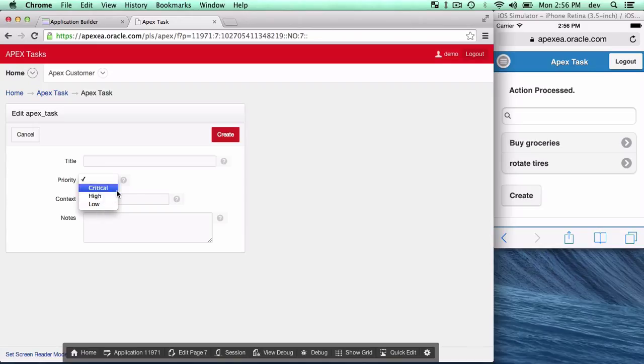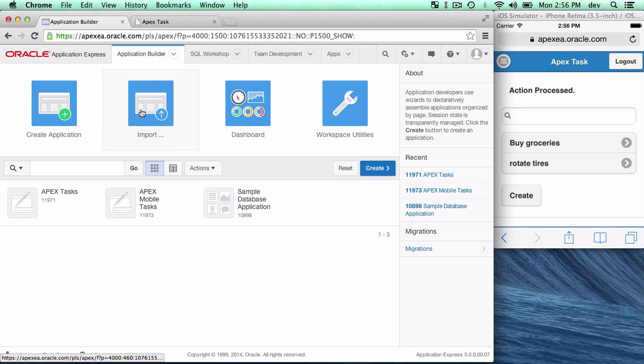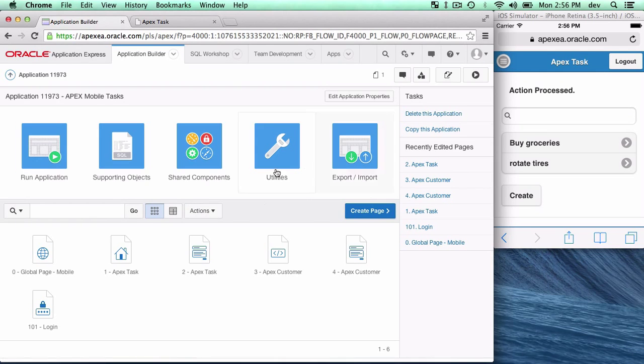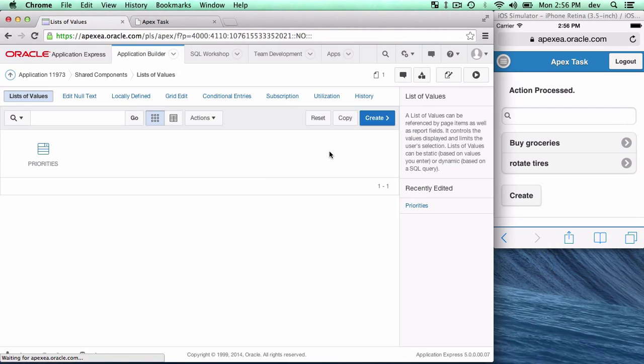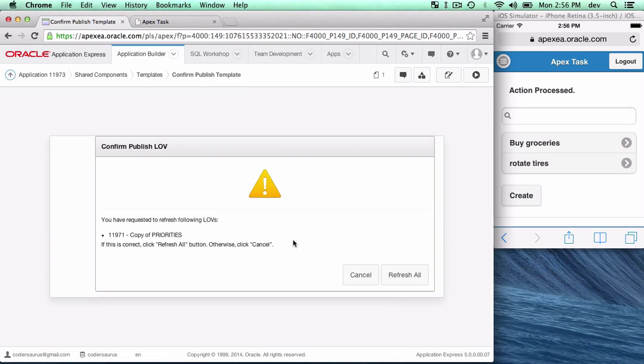We should have had medium. Actually, I think I missed a step there. You need to go back to our mobile tasks, shared component, list of values. We're going to publish this. Yeah, and so what happens is when we publish this,